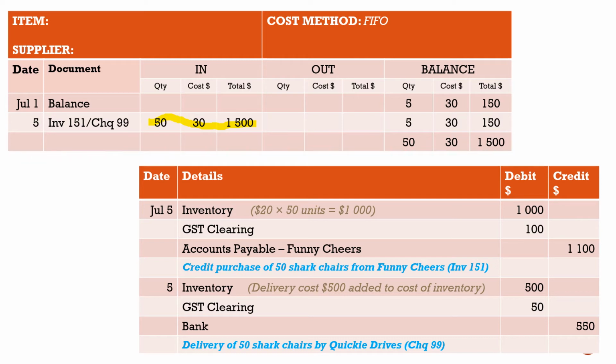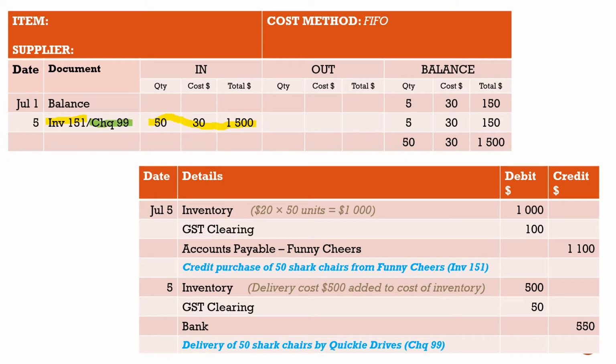So note in the document reference, we have made reference to invoice 151, which was the credit purchase of the chairs from Funny Chairs. We have also made a reference to check 99, which represents the payment to Quickie Drives